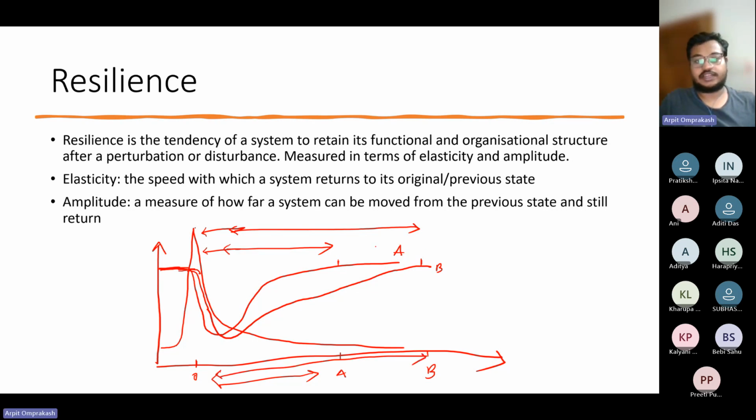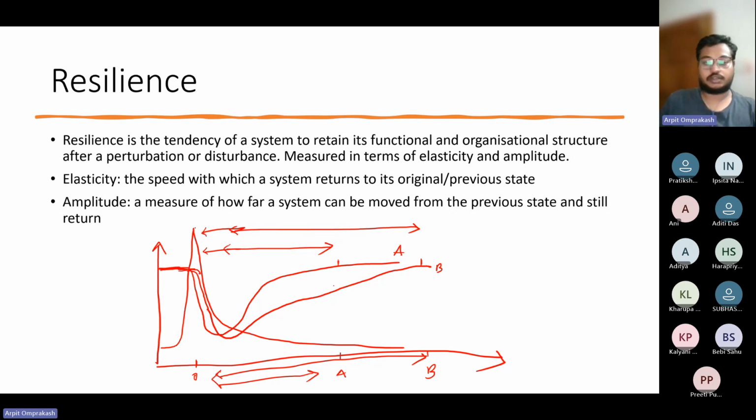So basically, we say that A has more elasticity because the speed at which it returns back to normal is greater than B. So B takes more time to come back to normal, whereas A comes back to normal pretty fast. Amplitude is basically a measure of how far a system can be moved before it can still return back